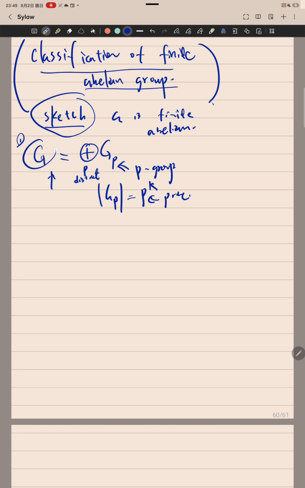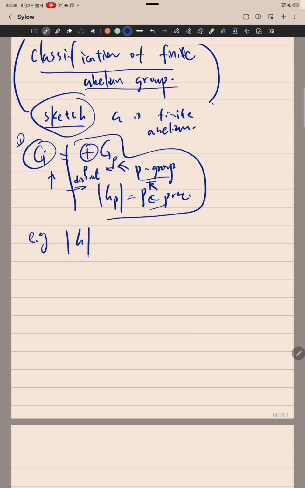So you can break any abelian group into a direct sum of prime power parts. For example, if you have an abelian group of order 30, which is 2, 3, 5,